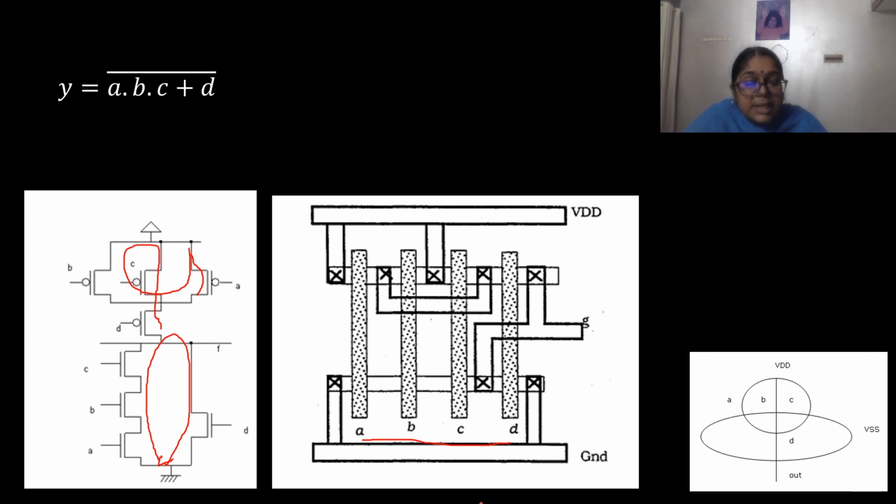Now suppose there is no common path. In that case you have to break the transistors, and separate transistors need to be drawn by using separate diffusion layers and separate polysilicon cutting the diffusion layers to form the transistor.